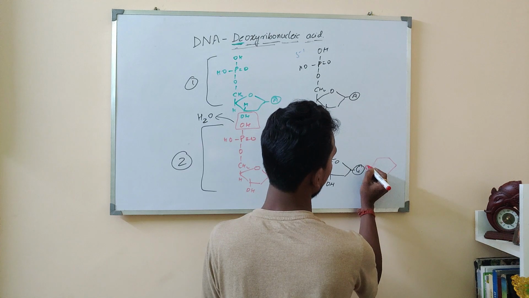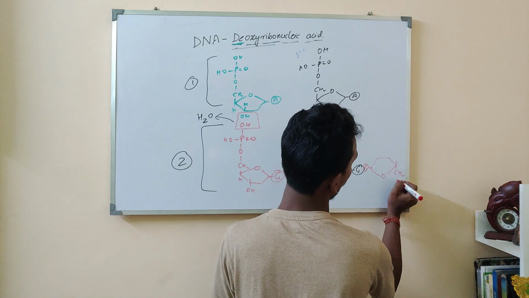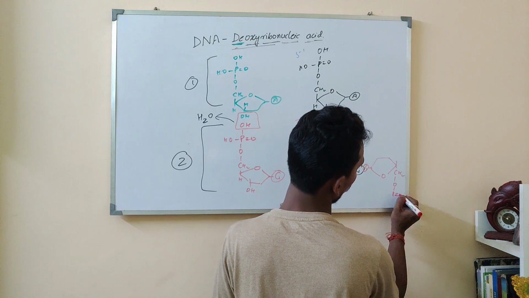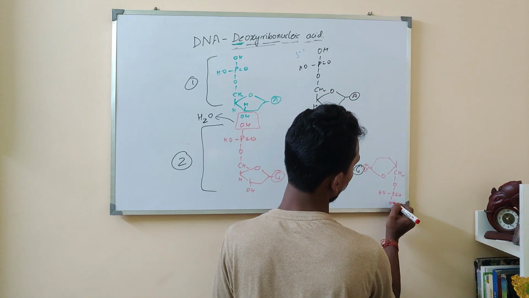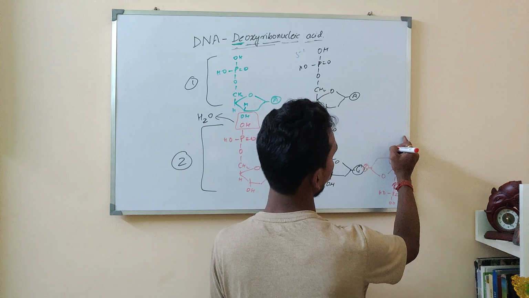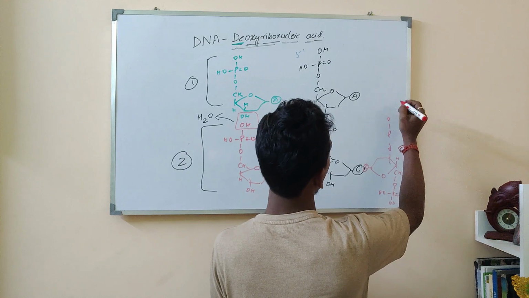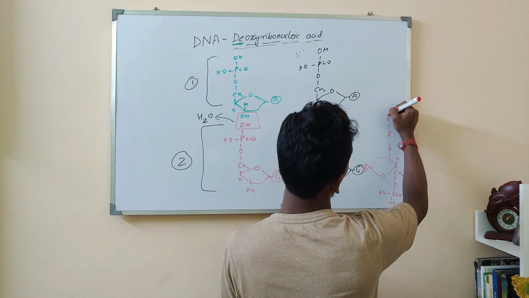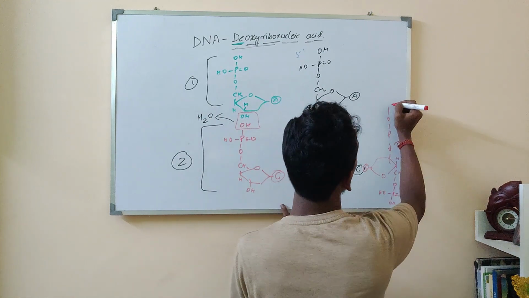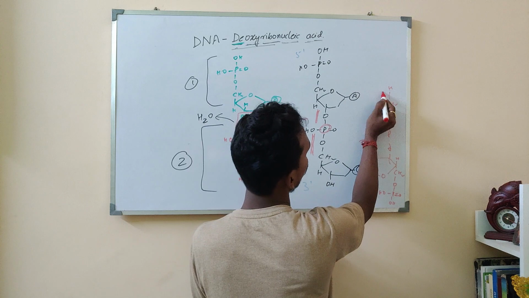so this must contain C here, and this one is going to be the fourth carbon, and here the fifth carbon. So the fifth carbon must contain a phosphate group along with this, so P, double bond O, single bond OH, single bond OH here. So this one is H, and this one is going to be the third carbon. Along with this third carbon you will have oxygen, you will have phosphate, you will have oxygen, and then it will connect with the fifth carbon of another ribose sugar, which will look like CH2, H, and here